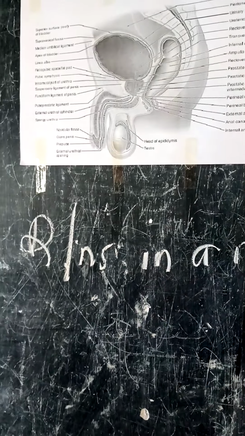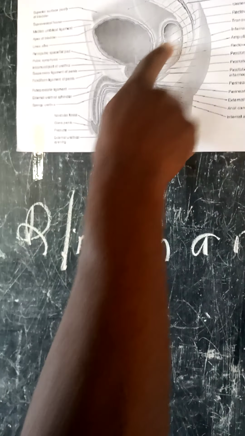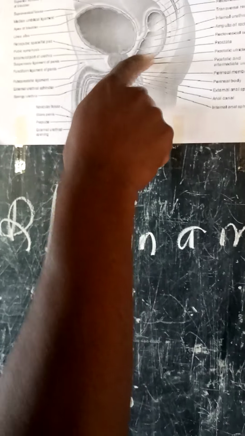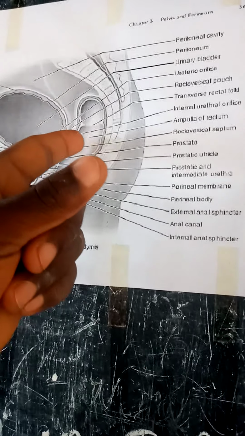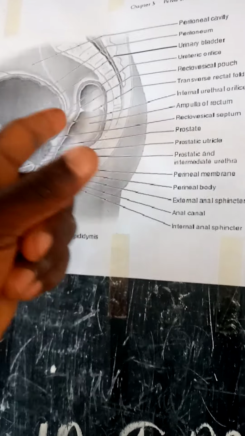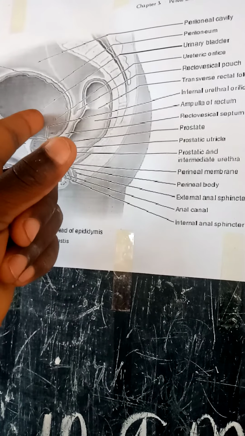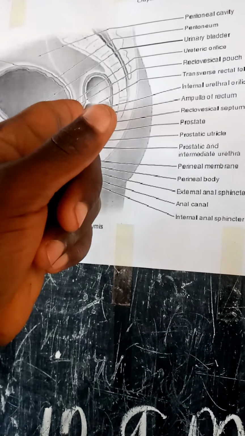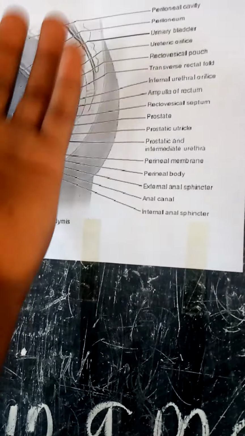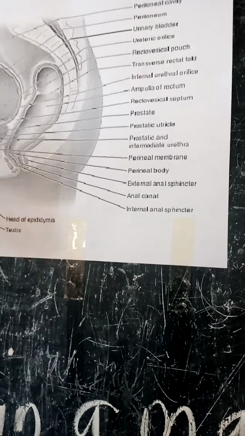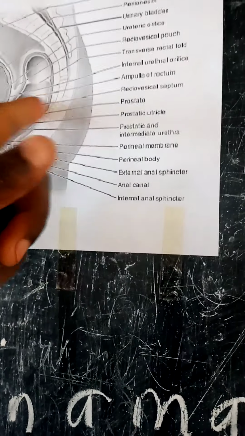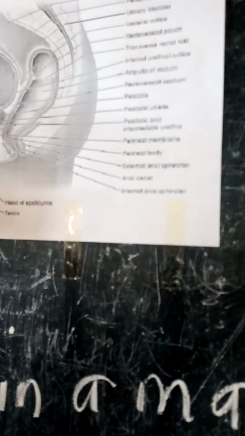Then still this posterior surface, it will be related to the rectum, as you can see. It is related to the rectum, but it is separated from it by this coiling of the peritoneum. And this is what we call the rectovesical pouch, this one. On the upper view, it separates the posterior surface of the bladder from the rectum. Then down, it is separated by